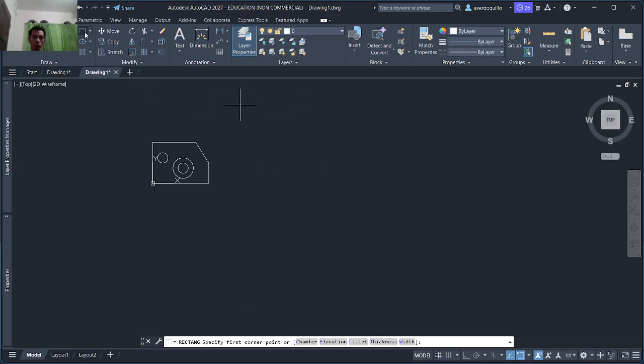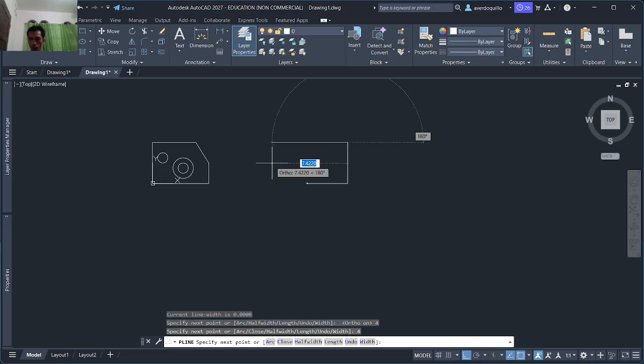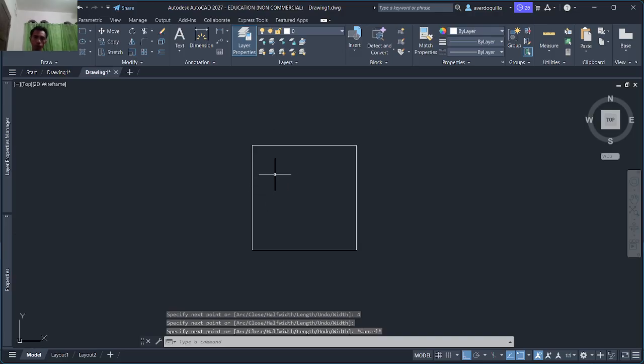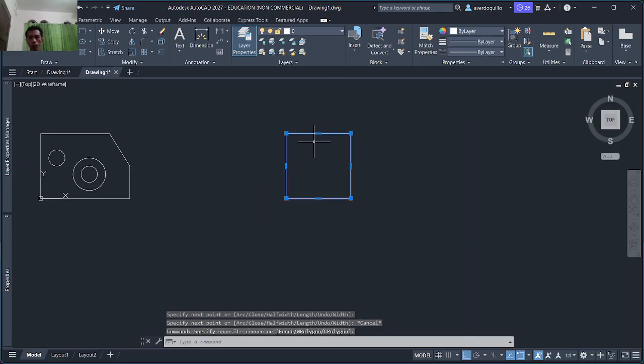I think we use the polyline here. So you can just simply type polyline, F8, 4, tab. We have the 4 here.